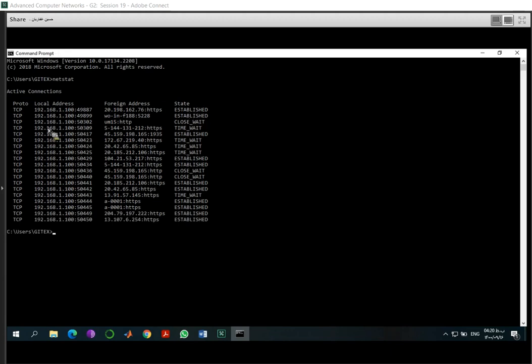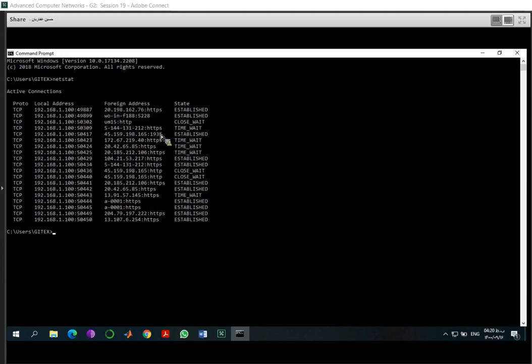The status of this TCP connection is established, but for example, this one here, status is close wait, or here time wait. Established, close wait, time wait. Okay, you can see there are several TCP connections running on my computer on different port numbers here. These connections are handled by my computer and a foreign computer.